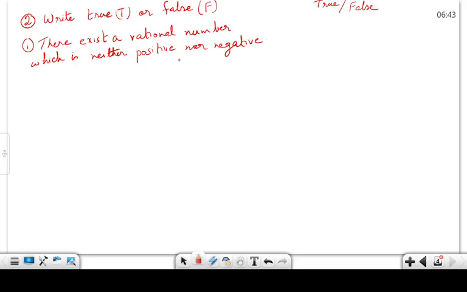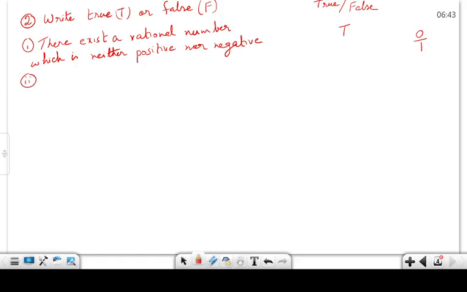To exist a rational number which is neither positive nor negative. Yes, this is true, because 0 is such a number which is neither negative nor positive, and 0 is a rational number because 0 can be written in the form p by q, as 0 by 1, where q is not equal to 0. That is the definition of a rational number. Number 2 is